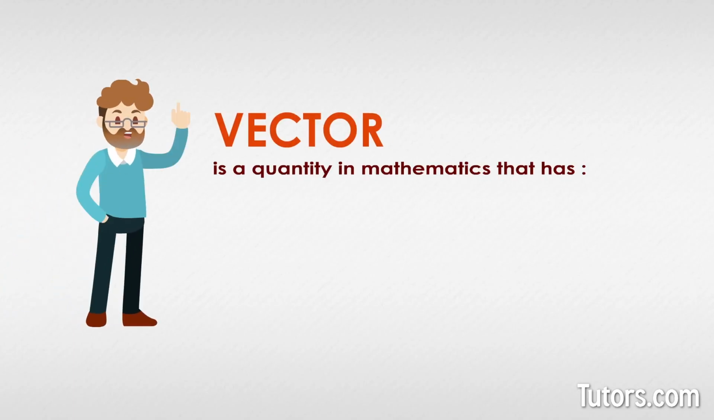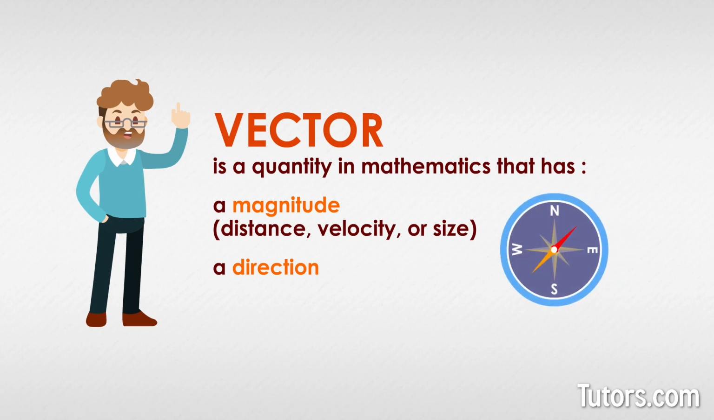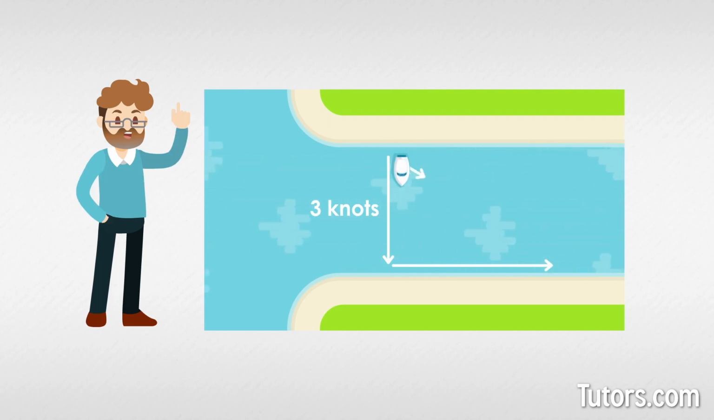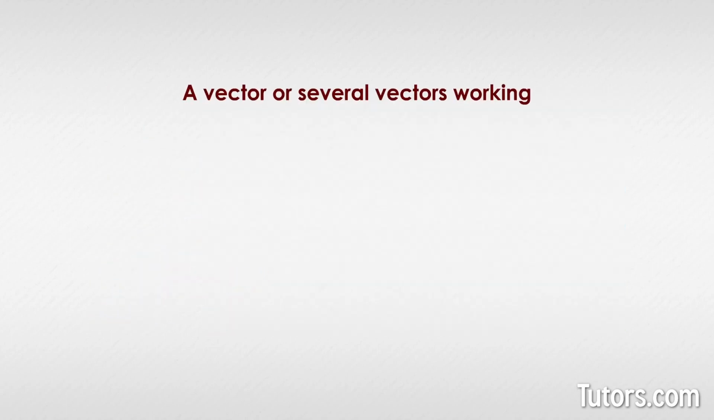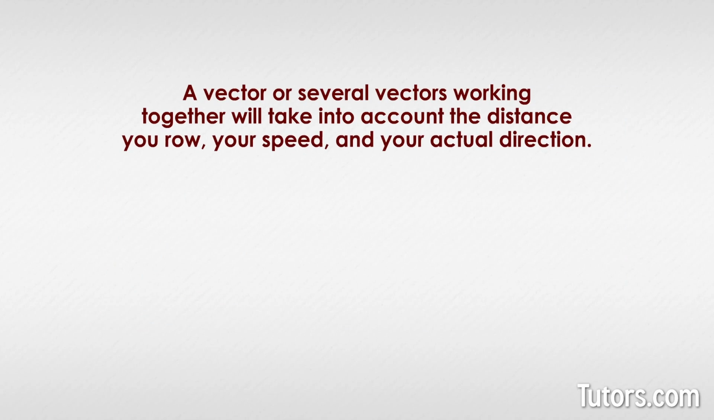A vector is a quantity in mathematics that has a magnitude, distance, velocity, or size, and a direction, as on a compass needle like west, up, down, or north by northwest. Rowing a boat across an inlet, you may think you are rowing due south at 3 knots, but if the tides are receding, you could be moving at 5 knots southeast. A vector or several vectors working together will take into account the distance you row, your speed, and your actual